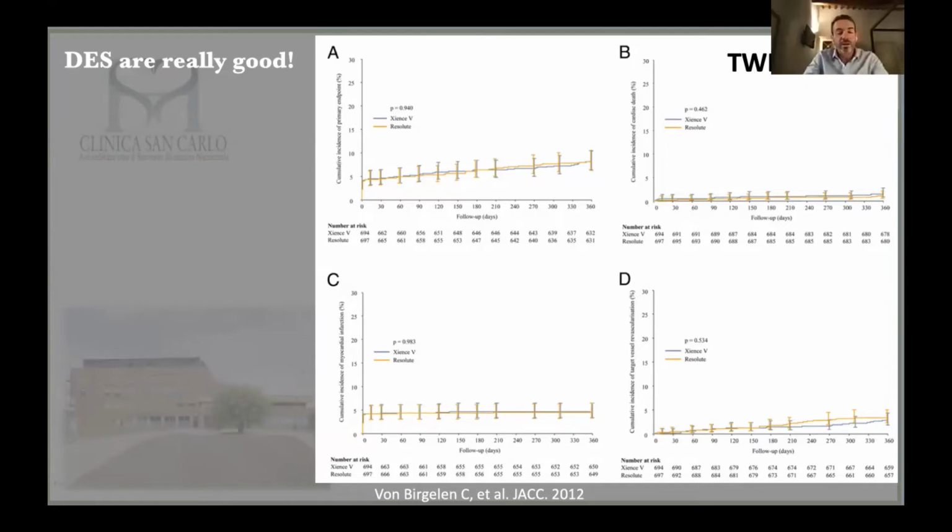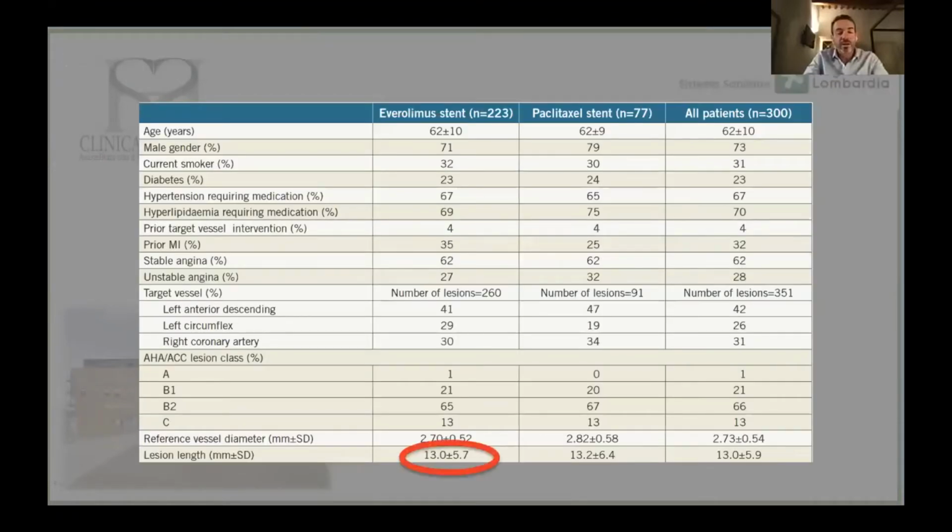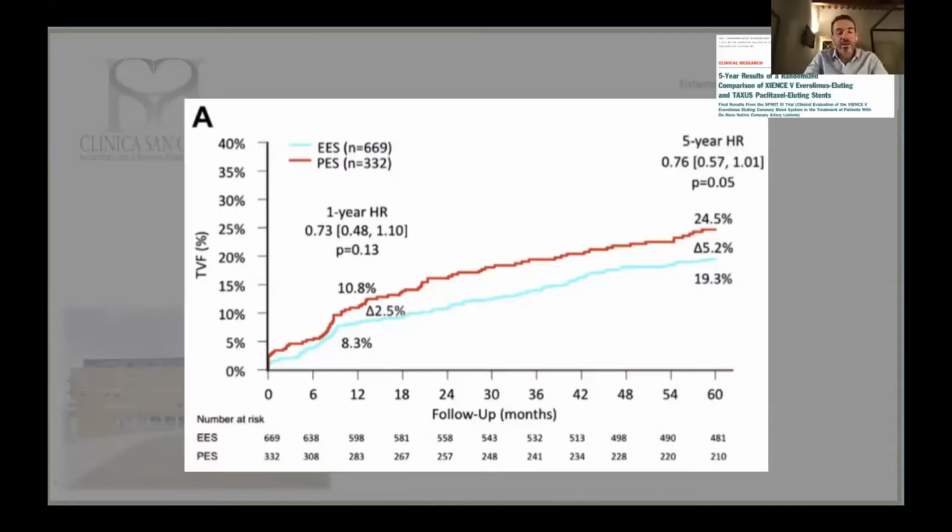We can see that the lesion length is very low, 13 millimeters. So this is something that we don't treat in our patients. It is very rare that we use such short stents, at least in Italy. On the other hand, I was mentioning this before, with the drug-eluting stent, even if Synergy or Onyx are very good, there is still an increase in the events year by year, 0.8 to 1% of events